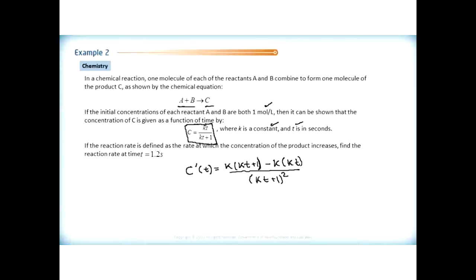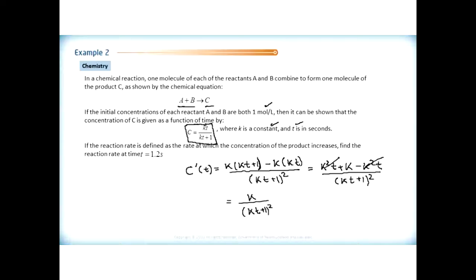So if we put that together, in the first term we have k squared t plus k, and then minus k squared t, all over kt plus 1 squared. So another quick simplification there, and we can see that these terms are the same but with opposite signs. So our first derivative is going to be simply k over kt plus 1